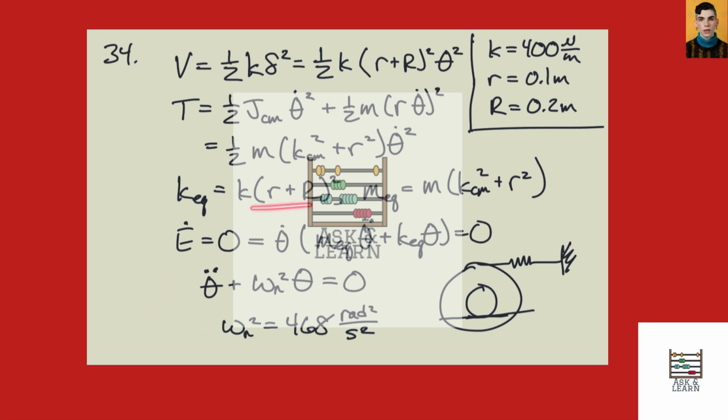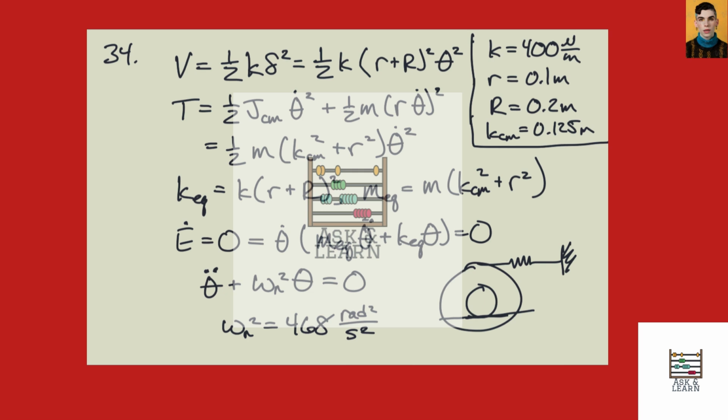We know what these two things are. We have values for all of the terms in this expression, and I guess I forgot to write down what k_cm was. That is 0.125 meters. So we can plug all our values in, and we get that